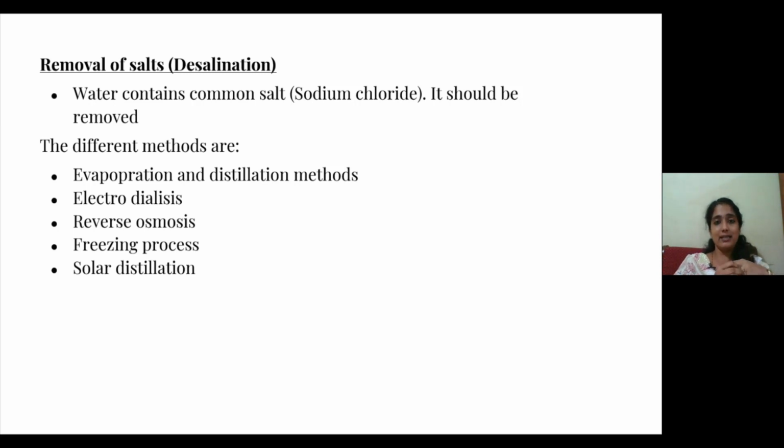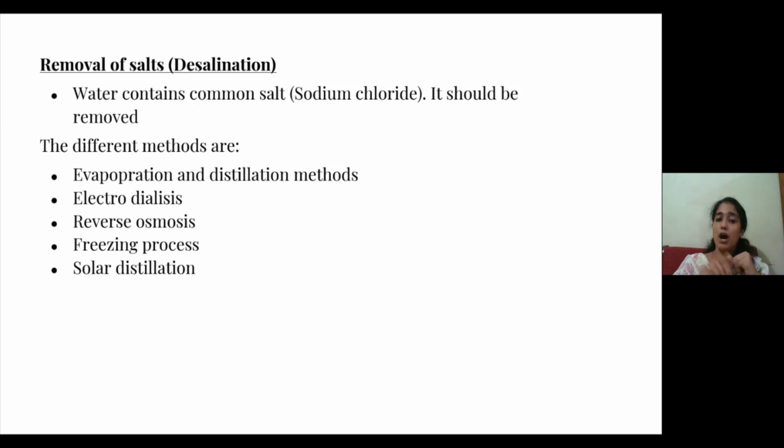In coastal areas, that is around the seashore areas, the groundwater will contain salt, that is sodium chloride. The taste will be different, and this water cannot be used for industrial purposes, for concreting, and obviously for drinking water purposes. Then we have to treat this water and remove the salt content from it. This process is known as desalination. There are several methods used for this desalination process, which are listed here.